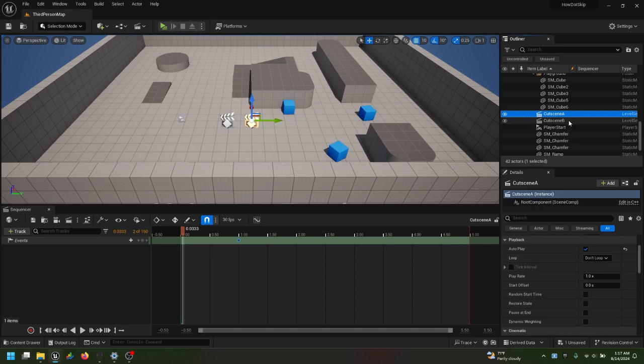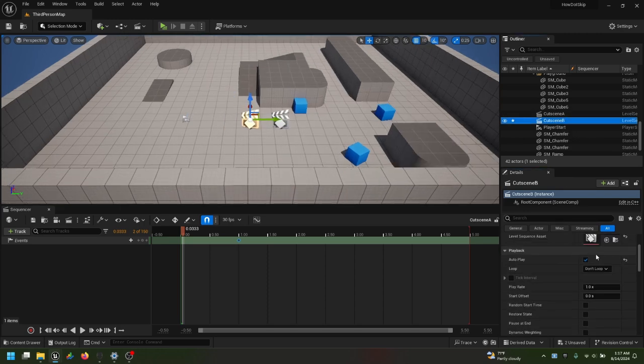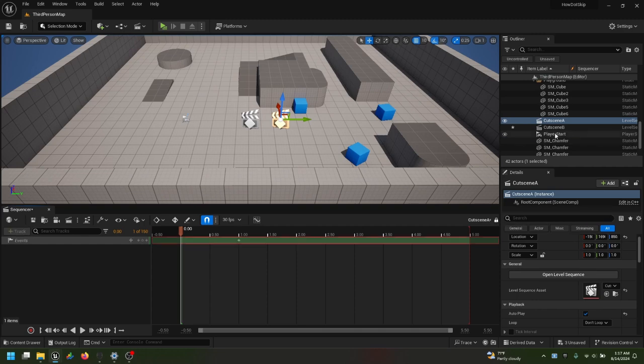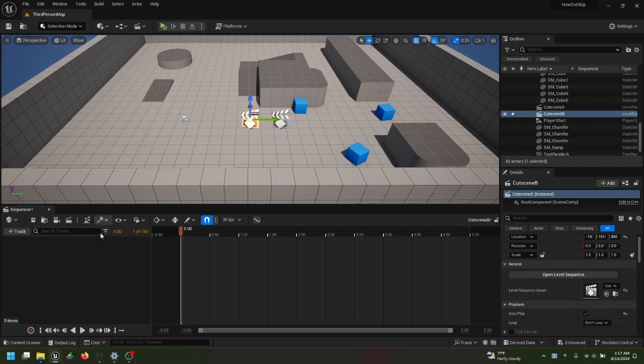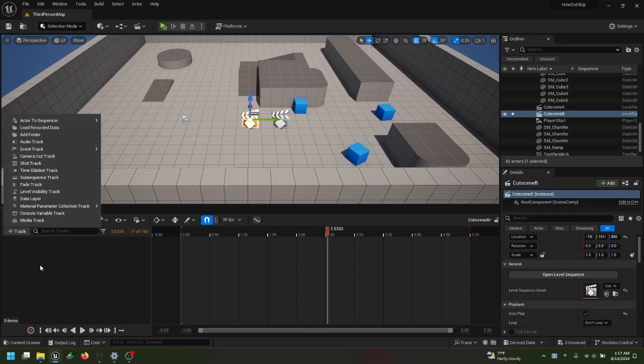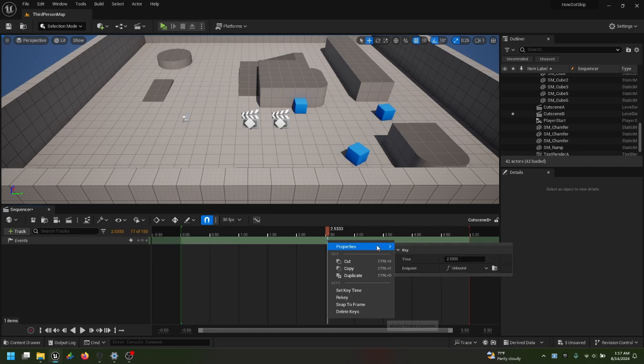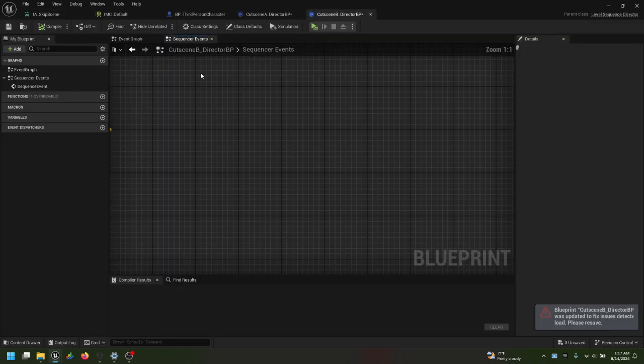And let's go to cutscene B, autoplay it. Scroll up, open the level sequence. It's locked. I forgot to lock A. Lock A. Back to B. Go to 2.5 seconds. Make the same thing again. Create it with the plus. Right click it, go to properties, unbound, create new endpoint,